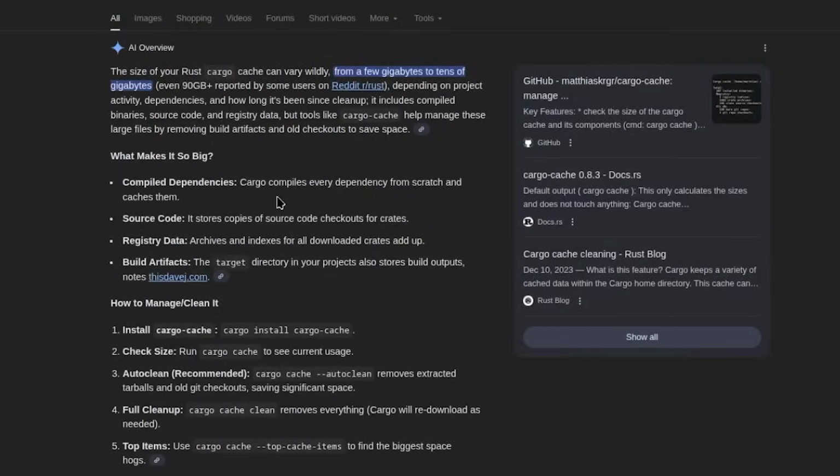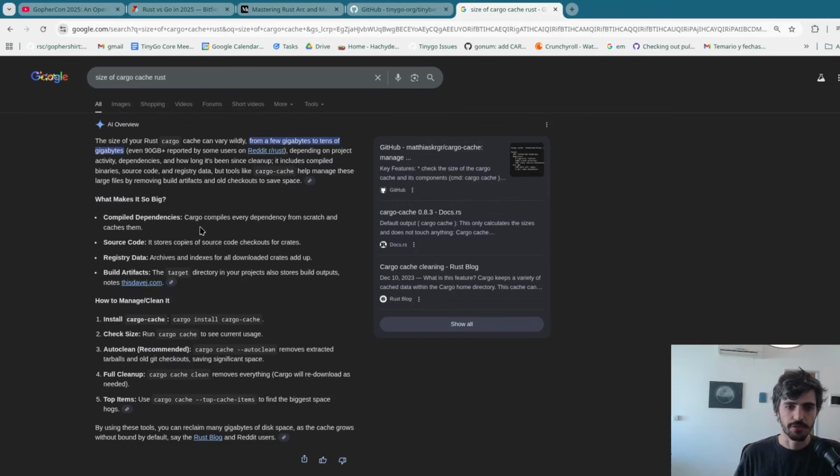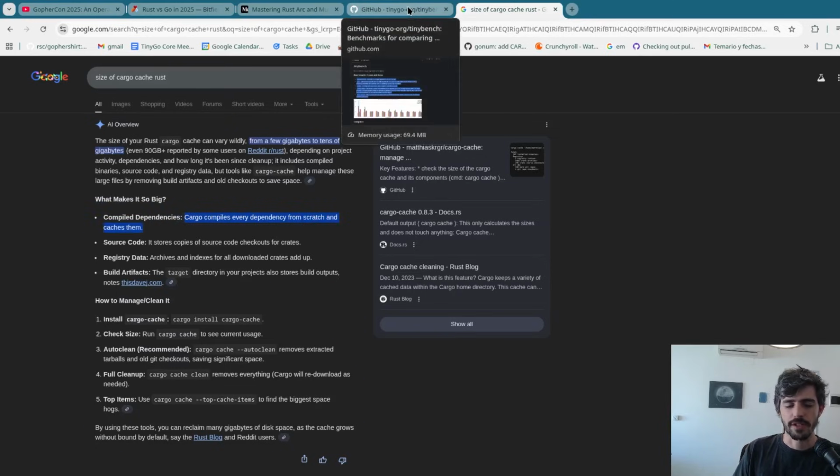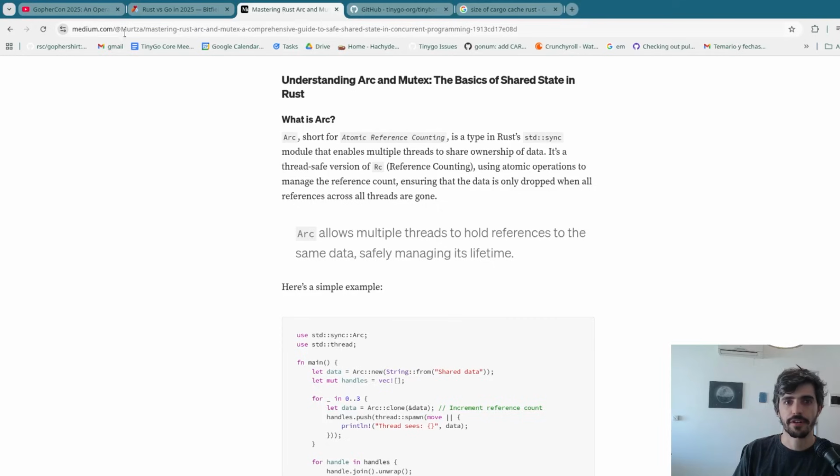And from what I've heard, the cargo ecosystem suffers from the same problem as NPM, where people just use packages upon packages, and you get these long dependency chains where you just include everything when including some package. I don't know enough about the cargo ecosystem. I'm tempted to say Tokio or that other one, Serde, but I think that they might be so used that they've tried to reduce their package footprint. But yeah, this is a thing. People do complain about this. You don't have that problem in Go.